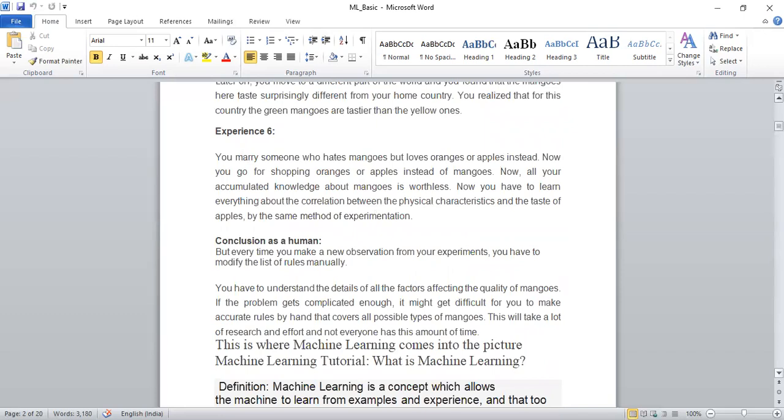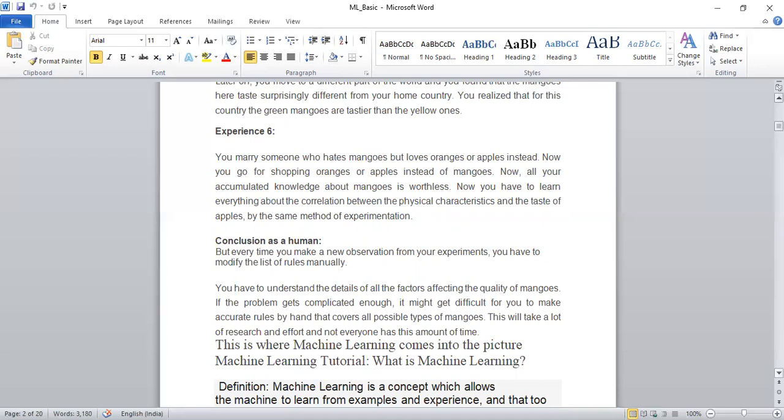Okay, so what will be the conclusion as a human? Every time you make a new observation from your experiments, you have to modify the list of rules manually. Okay, so the improvement level of experience gets increased. That is, the improvement of the experience gets increased when you gain some new experience